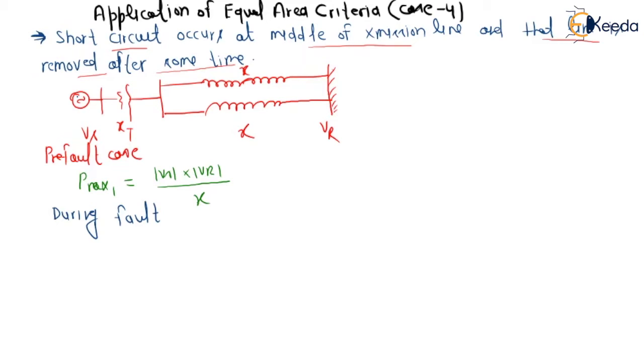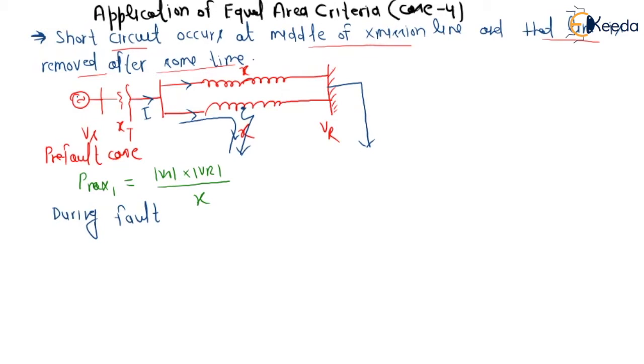What happens if the fault occurs in the middle of the transmission line, or in between the transmission line? It is not occurring at the source end or load end. So during the fault, will the power delivered be zero, or will some amount of power be transferred? Let us assume the current comes out here, one will be here and one will be here. This value will go directly to zero, because when it reaches here, it will follow the low impedance path.